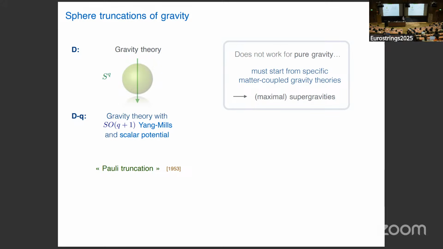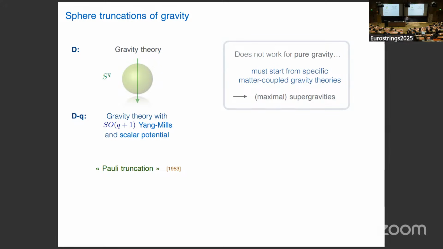so the consistency of the truncation is not ensured. So in practice, what you actually have to do is write a truncation ansatz for your higher dimensional fields, where for each higher dimensional field, you write it in terms of the lower dimensional fields, and the dependence on the sphere coordinates is captured by some kind of geometric quantity like the embedding coordinates of the sphere, or the Killing vectors, or the Killing tensors. And then you have to plug this ansatz into the higher dimensional field equations, and you have to show that the whole coordinate dependence on the sphere factorizes out